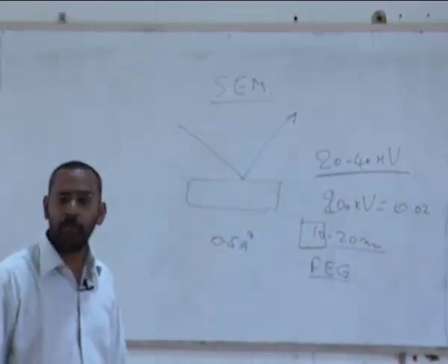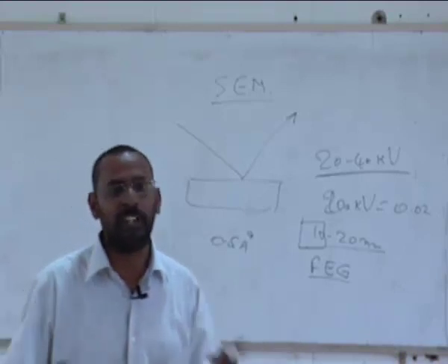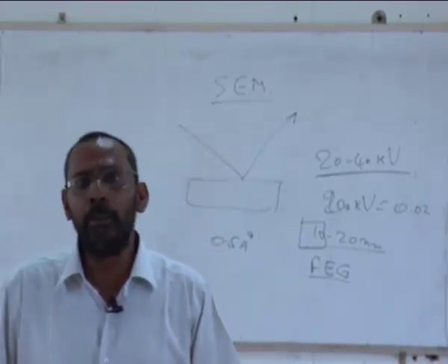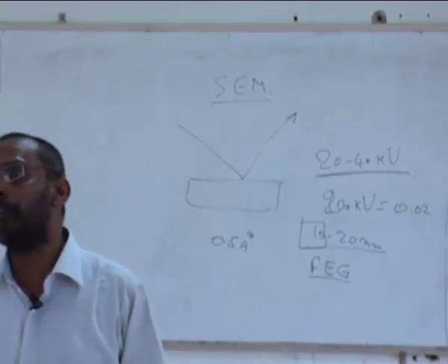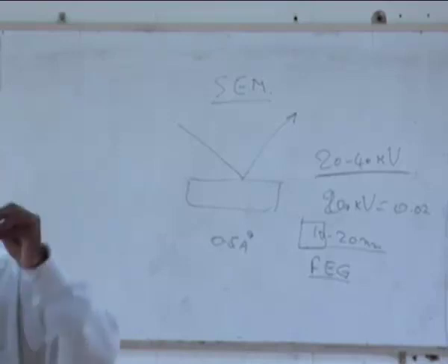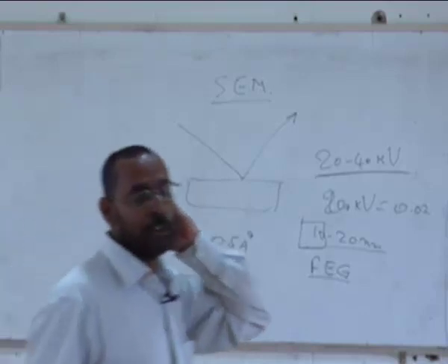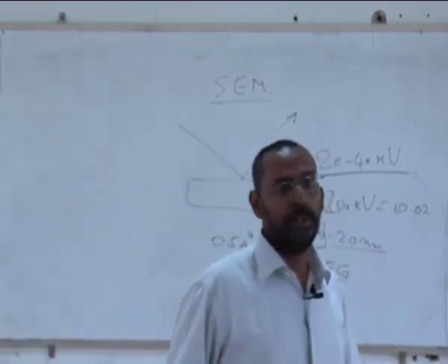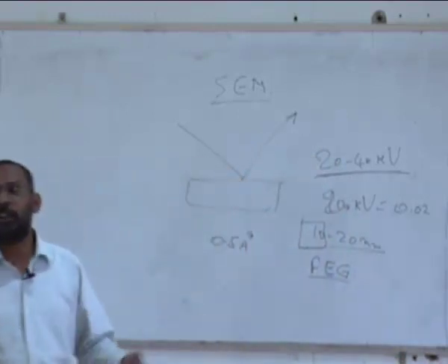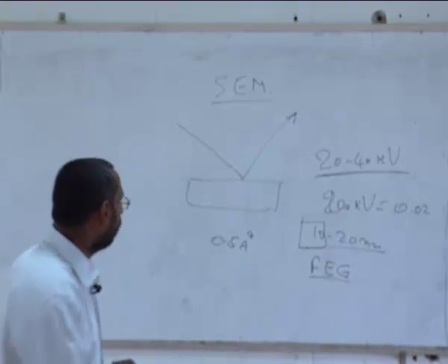So that is one aspect, but most of the features that I'm interested in, for example, if I want to see precipitates, I may not be able to see GP zones, but I will definitely be able to see the theta prime or theta double prime, where they have already grown to a few tens of nanometers or so in an SEM. So particularly if I use FEG SEM, even nanomaterials that we are talking about nowadays can be seen very easily in this.